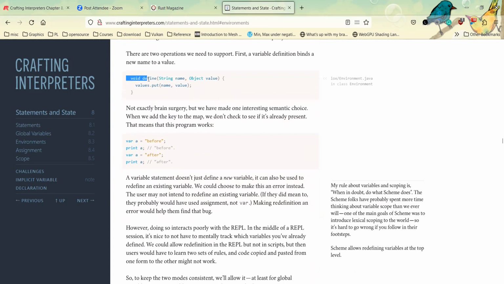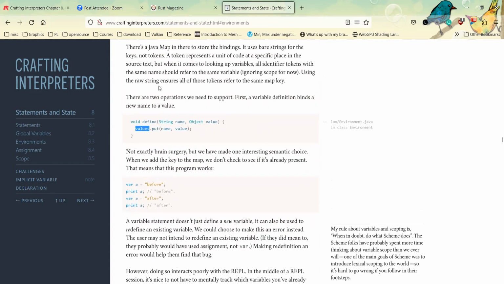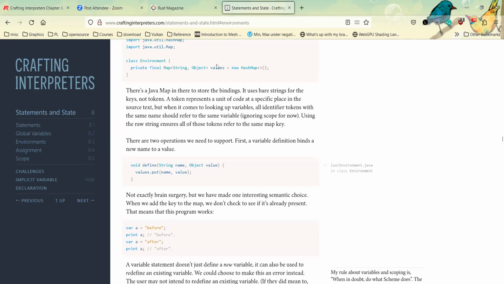When we define a variable, we simply put it into the environment with its value.